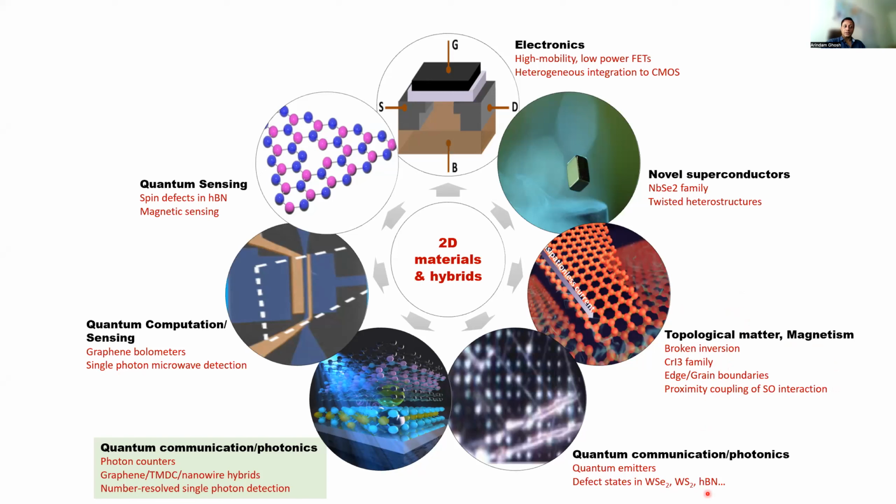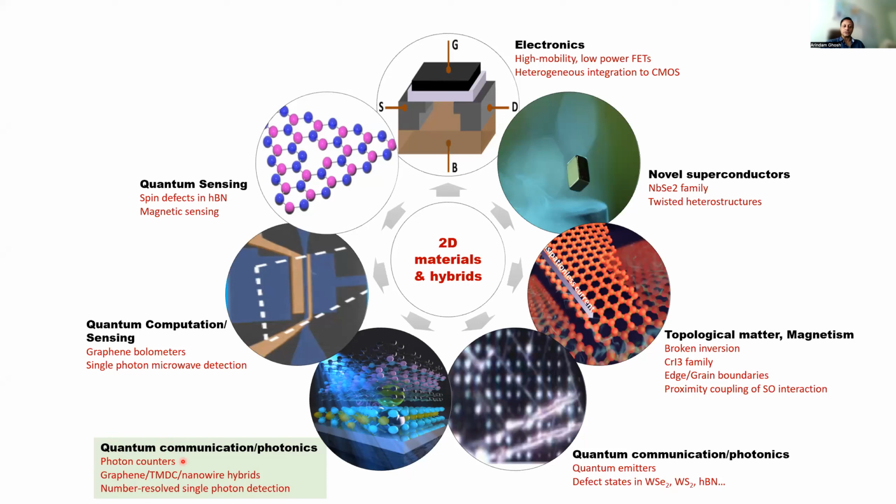You have now the entire class of quantum technologies. You can see there are 4 of them here. Communications, you can use the defects in two-dimensional materials as wonderful emitters. You can have sensors, which is what we are going to talk about today, where you can look at single photon detection using two-dimensional systems. The advantage of this, among many other advantages, is that they can operate at much higher temperature than the